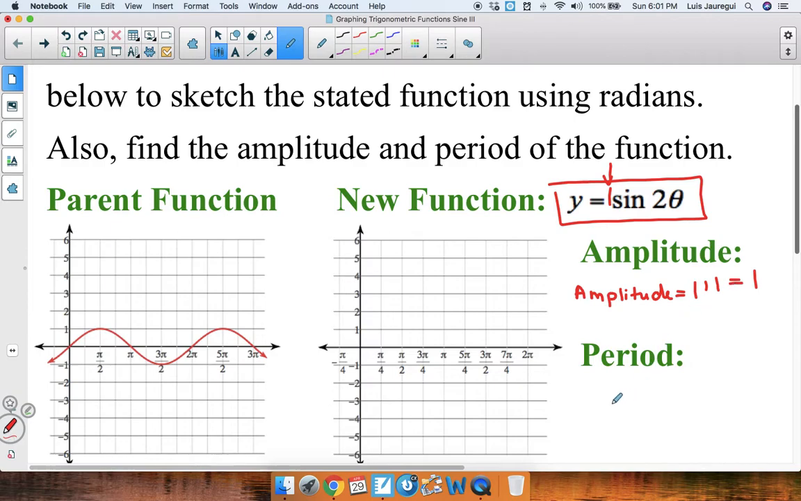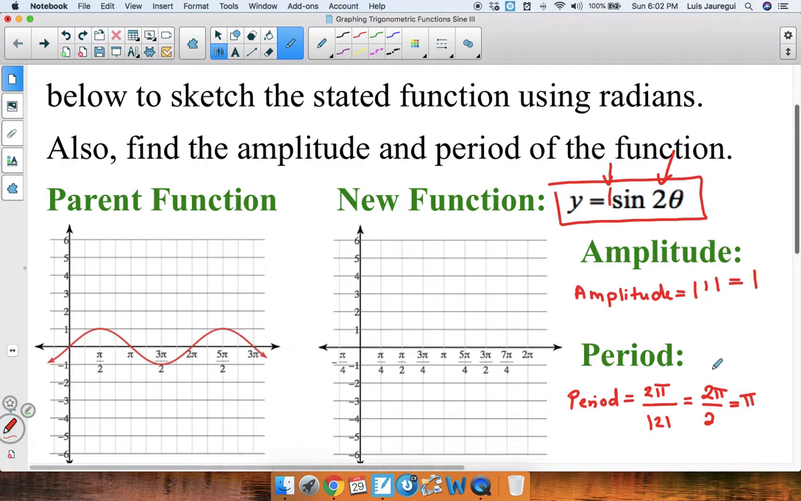In terms of the period, one finds the period as the period of the parent function divided by the absolute value of the coefficient of theta. Here, since we're dealing with sine of 2 theta, we take the period of sine, which is 2 pi, and we divide that by the coefficient of theta. The coefficient of theta here happens to be 2. In absolute value, we need to divide that. So we do 2 pi divided by the absolute value of 2, which is 2. And that gives us that the period of this function, y equals sine of 2 theta, happens to be